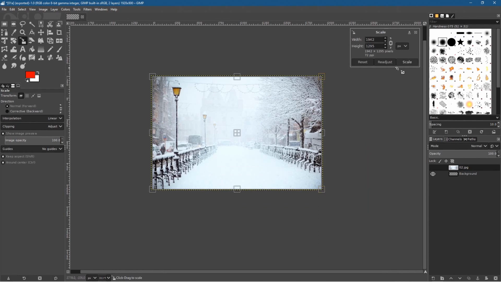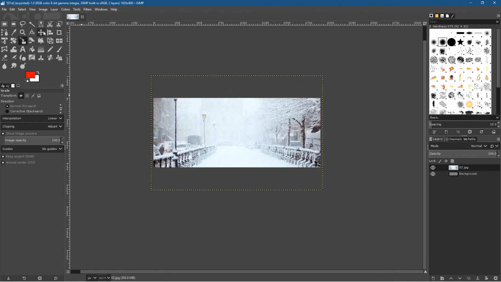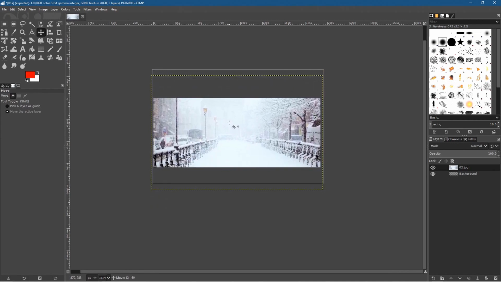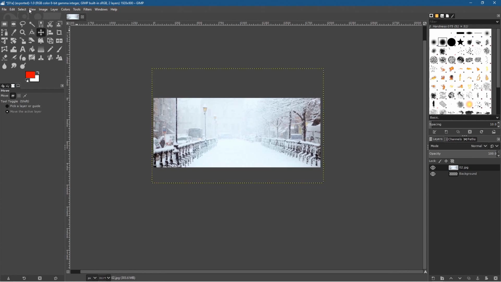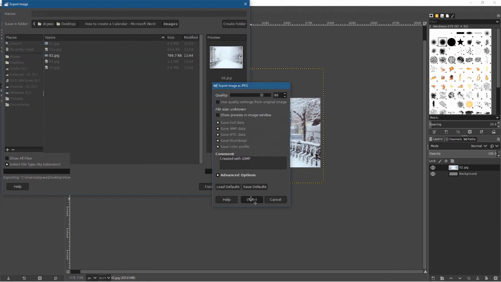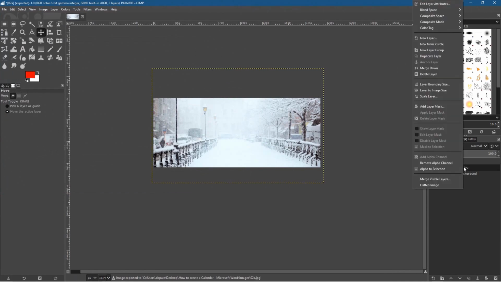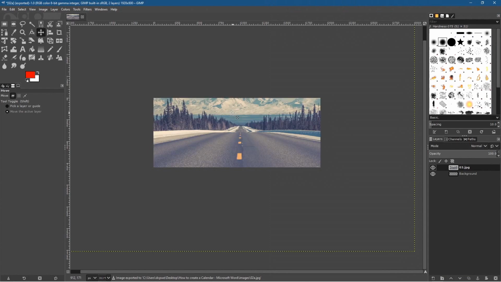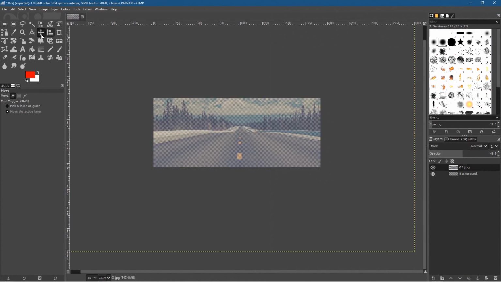And then just, let's just undo that. Let's use the move tool, click the move tool, and then you can adjust the image to where you want it to be. And I think around here is pretty good, something like this. Let's export this, File, Export As, and we'll set this one to 02A. 02A, export, save it, right click here, delete this layer, go back, drag 03, set the opacity down, then use